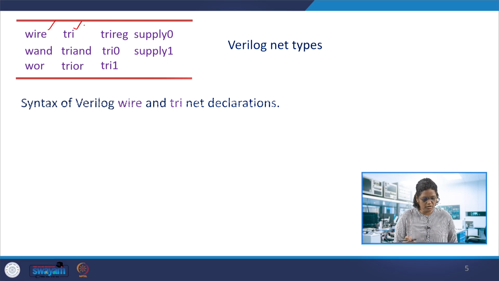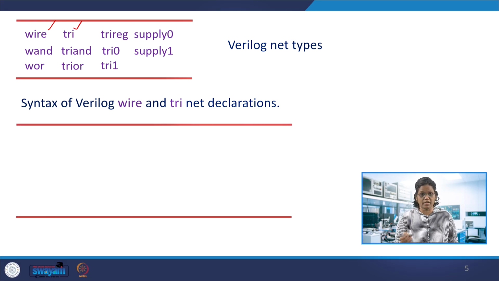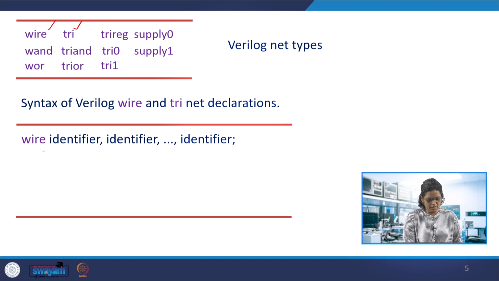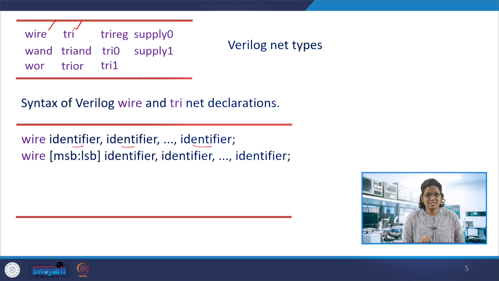Okay, so let's see how wire and net declarations are usually done in the program. So the wire, suppose A, B, D, in the previous example, A, B, C and D, E. In that example, wire identifiers are declared, and the input and output ports can be of identifier. The identifiers can be comma separated in the declaration. So in the declaration section, apart from the input and output declaration, some of the signals can be defined as wires. Okay, and these wires can be multi-bit vectors also.